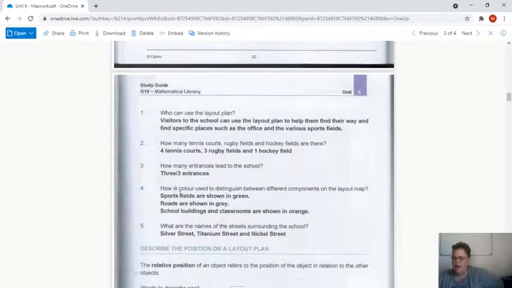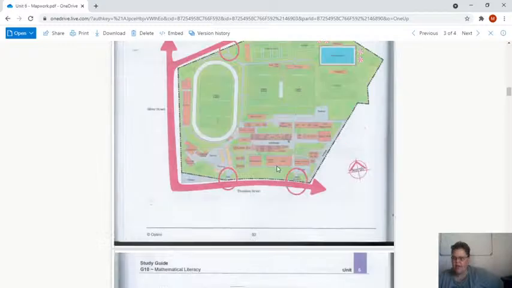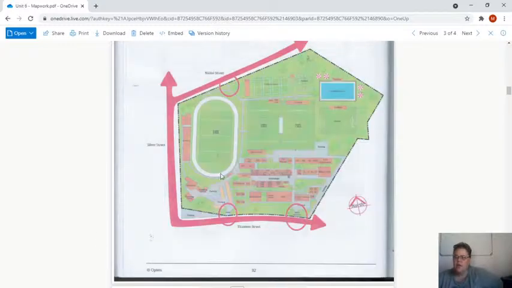Okay. How is color used to distinguish between different components on the layout map? Okay. Here we go. Now we are going to look for the colors. Alright. What is the green on the map? It is a sports field or a grass terrain. Then this orangey color will be,